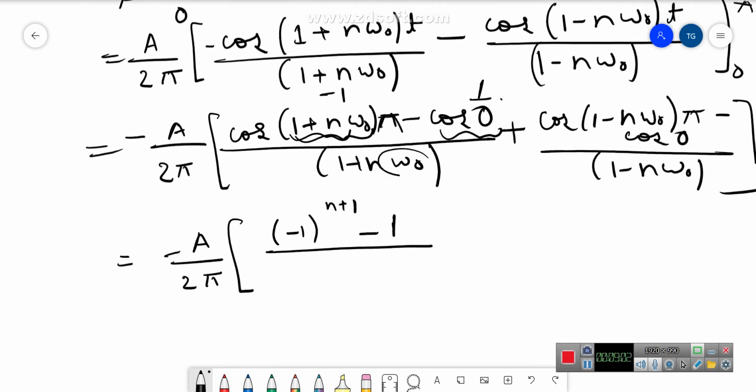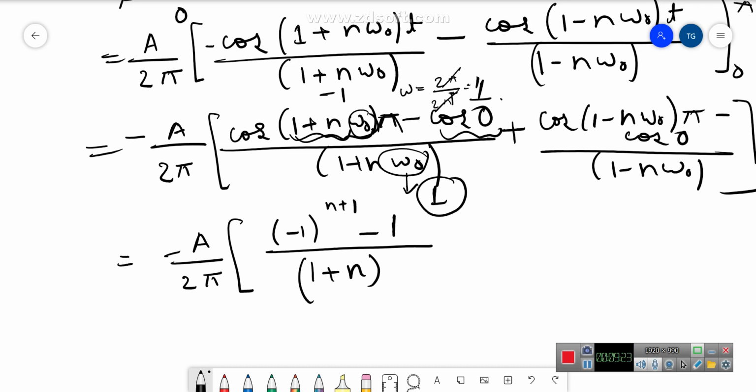this omega is nothing but equal to 1. We have found it out. So we can substitute here as 1 plus n. Here also it was 1 because omega was equal to 2 pi by T, and T is also equal to 2 pi. So this was equal to 1. We have calculated it earlier.